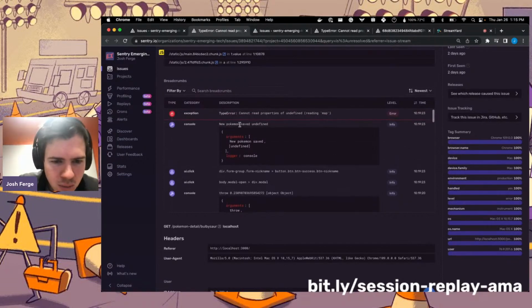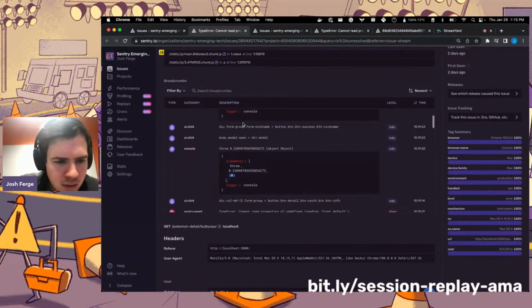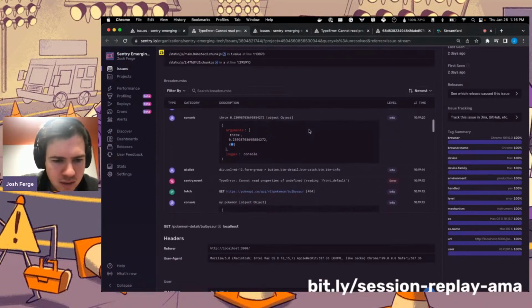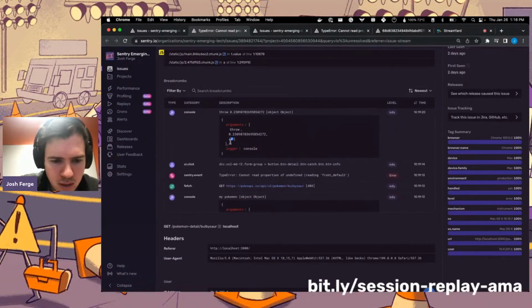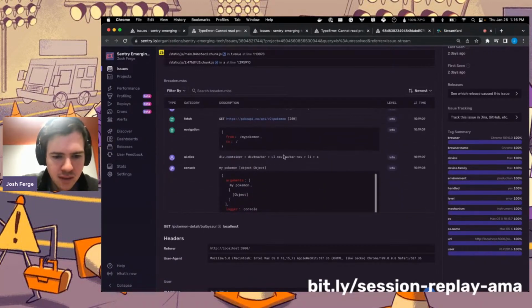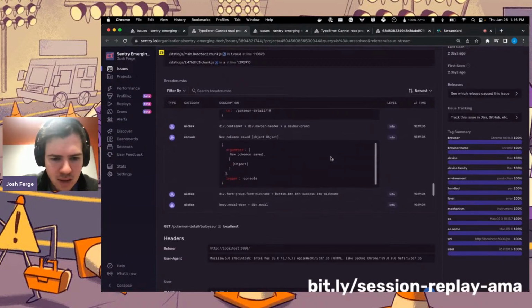And it looks like, okay, we tried to save a Pokemon that was named undefined. That's weird. I see the UI clicks. Looks like we're clicking on some stuff, and we throw an error here. Looks like we're throwing other errors. Man, it just looks like kind of a mess. And from seeing this, I don't really know what's going on. I see they navigated a few times,